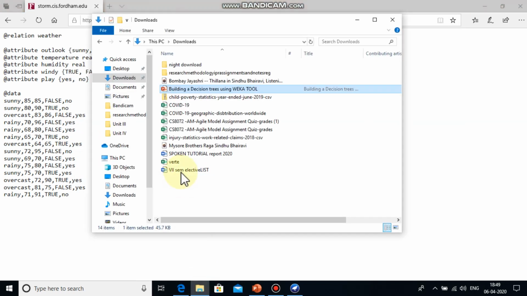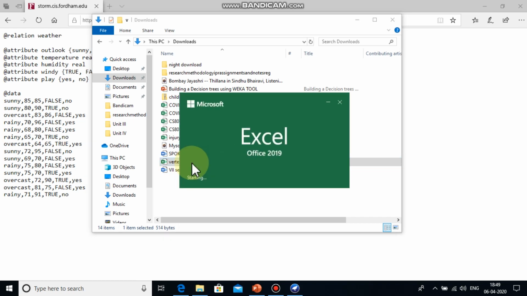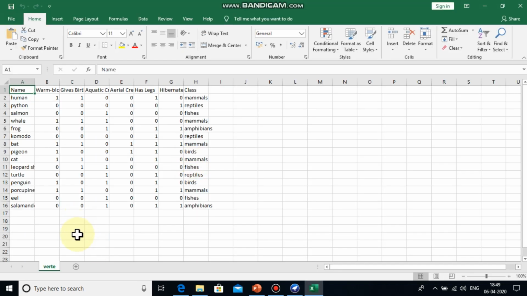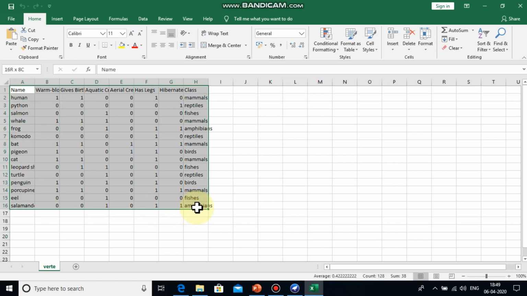I have a sample data set which is stored in Microsoft Excel. I have a data set like this. It is a vertebrate data set with 15 instances and 8 attributes.